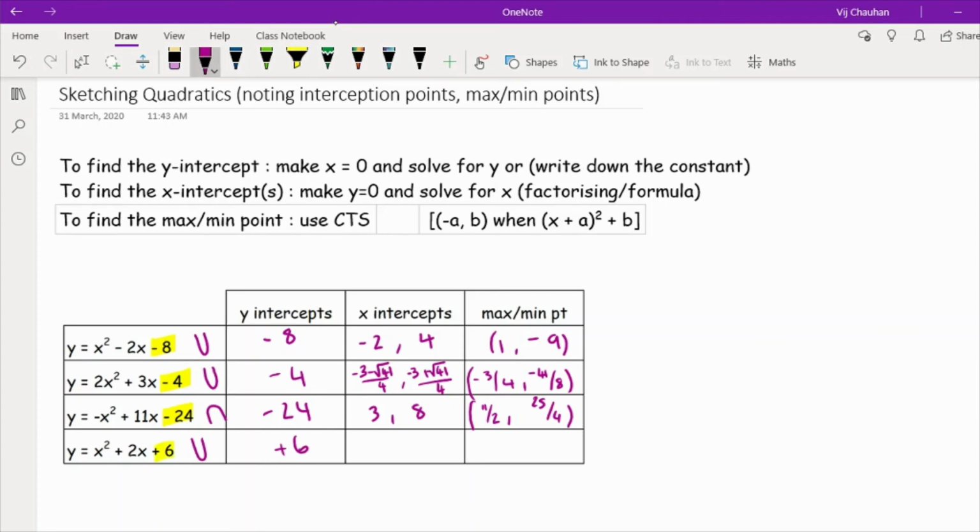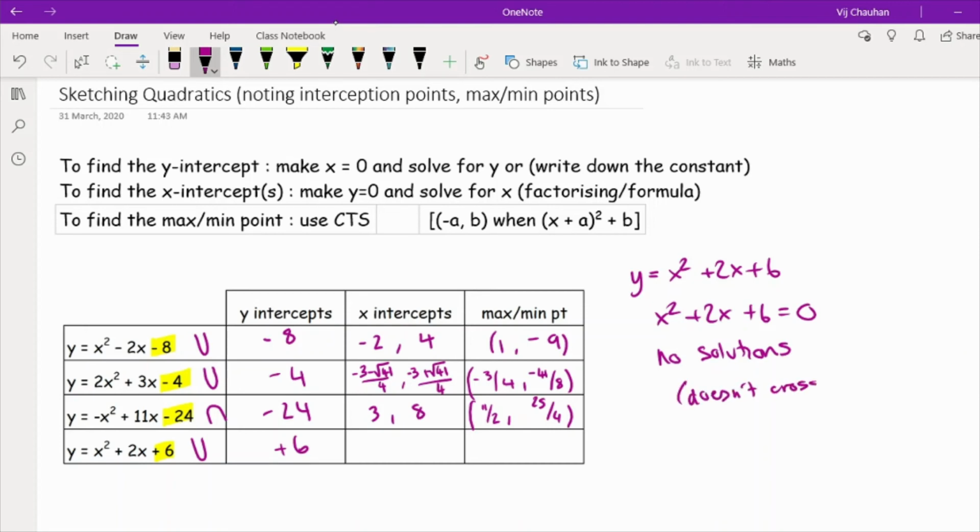Now with this particular equation, if I then go on to solve x squared plus 2x plus 6 equals 0, what I will find is that it's got no solutions. So even if I use the quadratic formula, it doesn't factorise, there's no solutions to it. So what that basically means is that the parabola does not cross the x-axis. And again I'll explain to you what this is. So this basically means that it doesn't